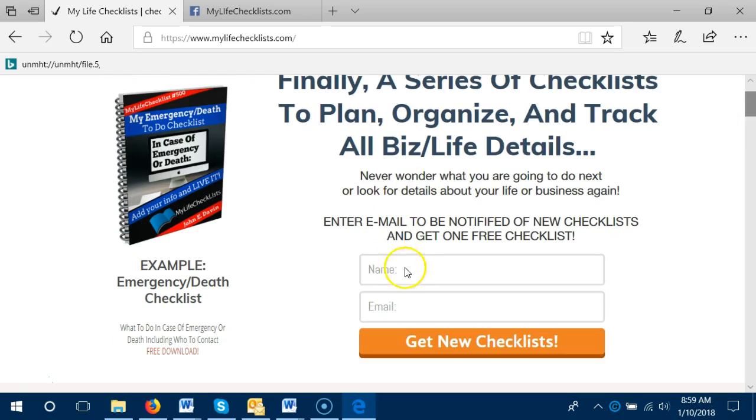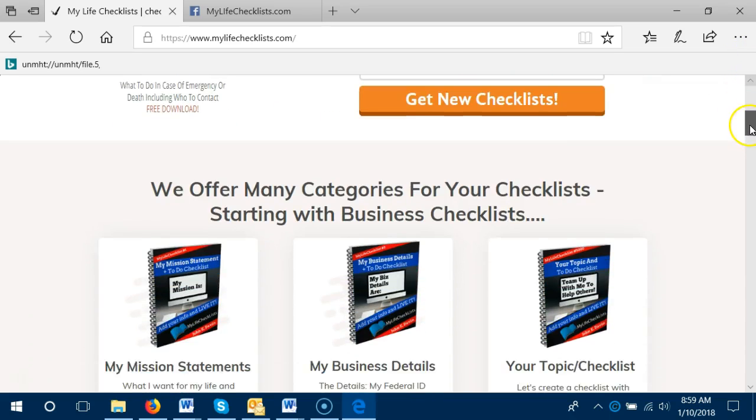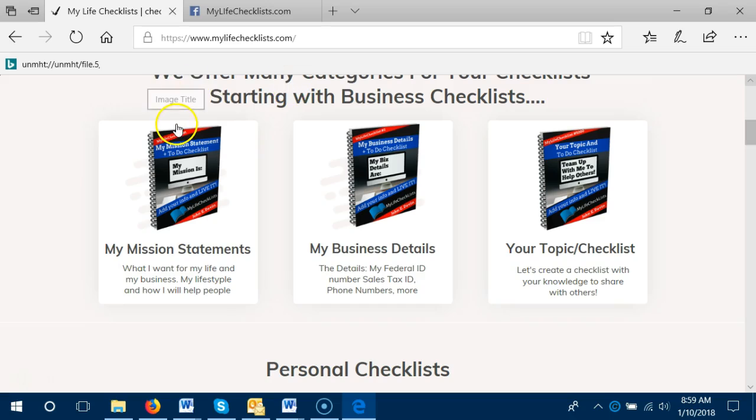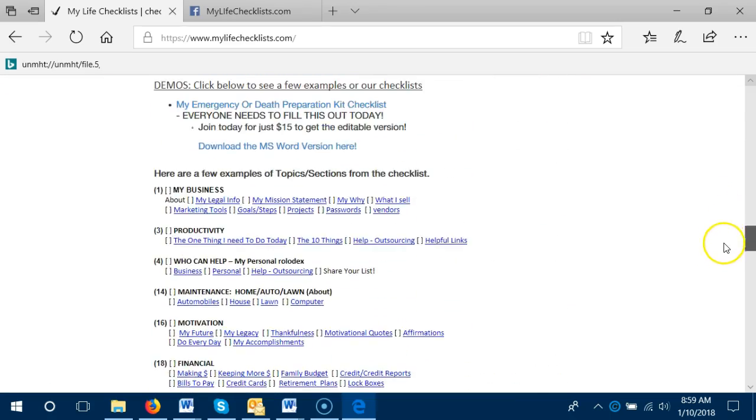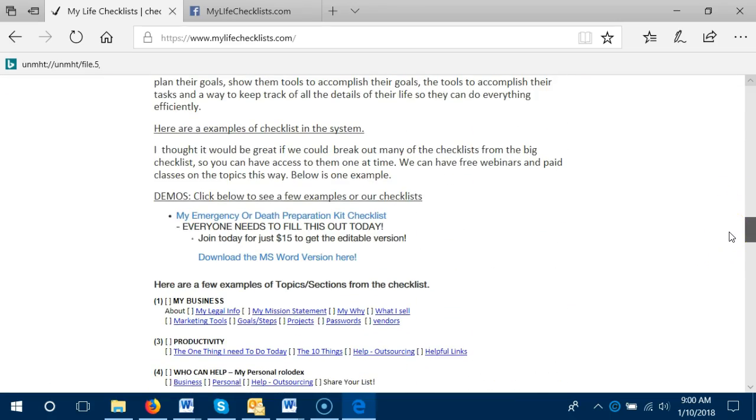So as you know, you can type in your name and your email address here. You can get that checklist, plus actually 5 other ones. But I wanted to walk down through here, through where you could access your mission statement. You can also get the business details where you write down your federal ID and your state sales tax, pretty deep stuff there. There's just tons and tons of checklists here, and here's an example of many of the checklists,